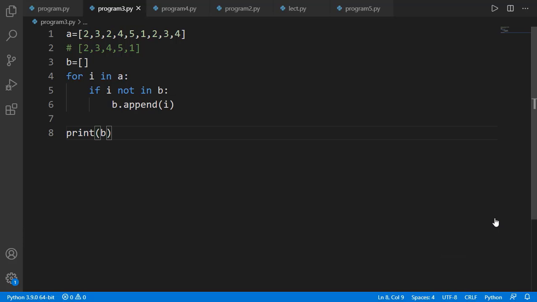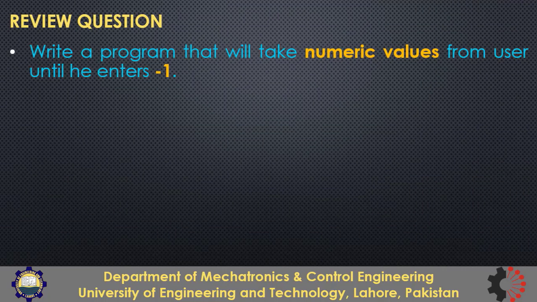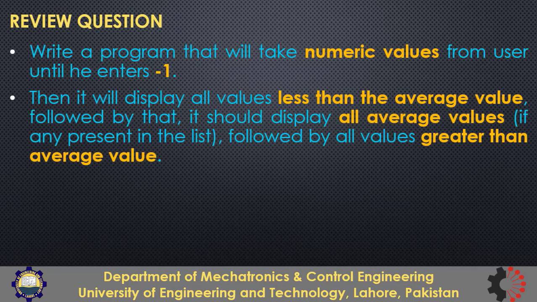I have done many tasks and now it's your turn to do one review question. The question says that you will take numeric values from the user until he enters -1. Now that's very simple. You can take those and store them in a list. Then the program will generate and display 3 lists. The first will be the list of values which are less than the mean of the values entered by the user. Then the second list will be list of all values which are equal to the mean of the values